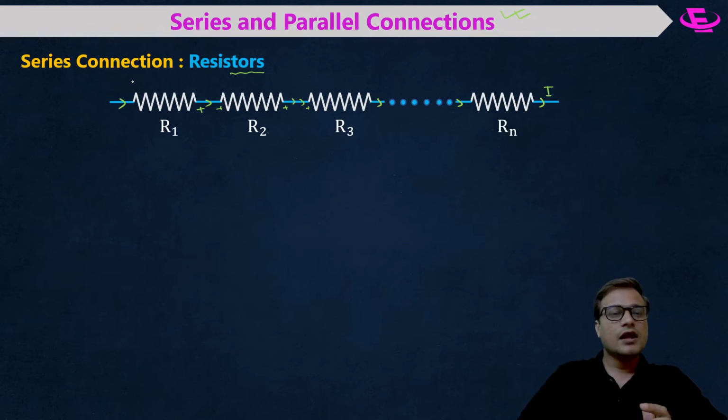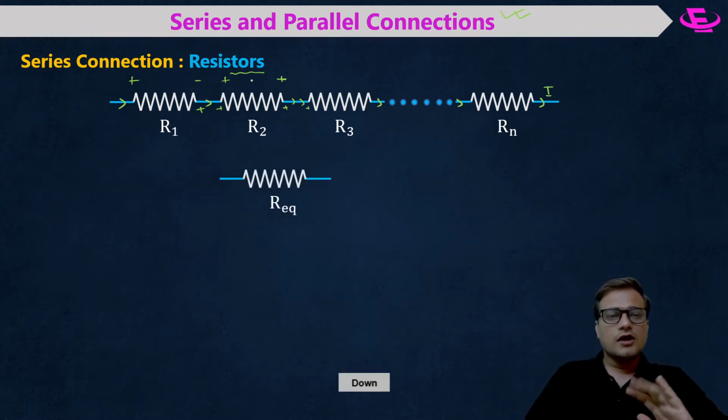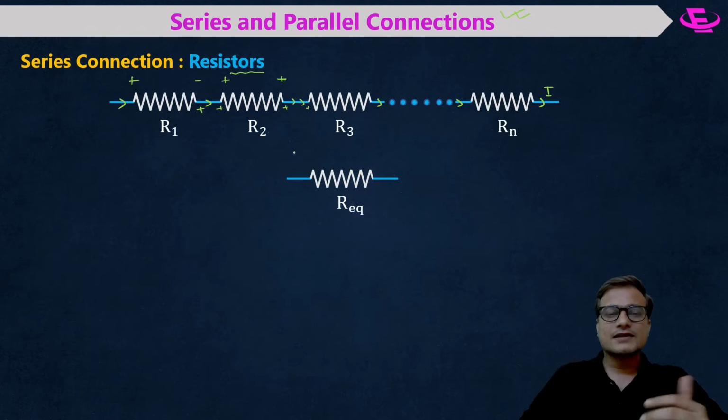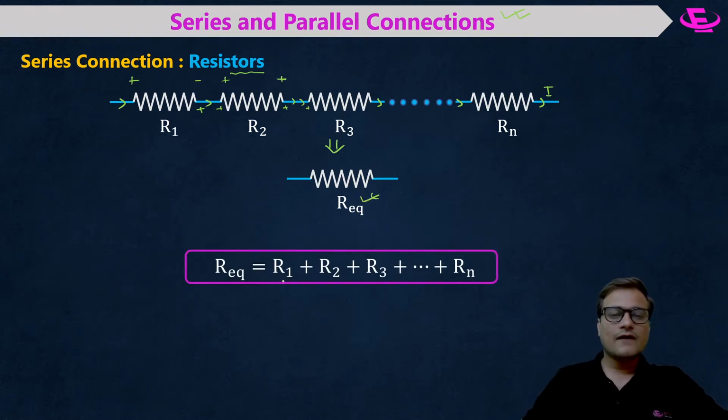And here if you measure the voltage across different resistors, depending upon the values of the different resistors, the voltages across all the branches will be different. So now if we calculate the equivalent resistance, meaning once all the n number of resistors are replaced by a single resistor, then you can write the equivalent resistance will be equal to the sum of all the resistances. I hope it was already known to you.